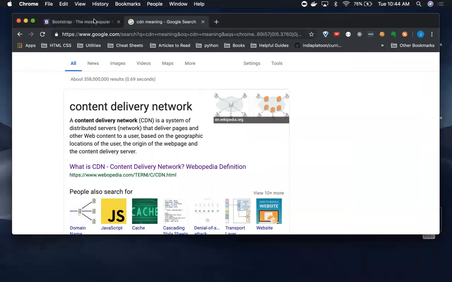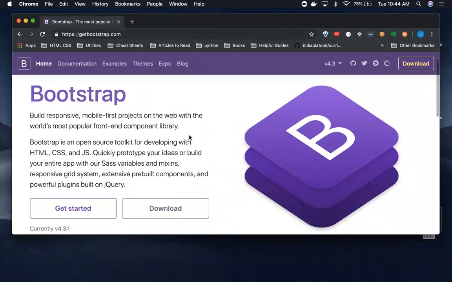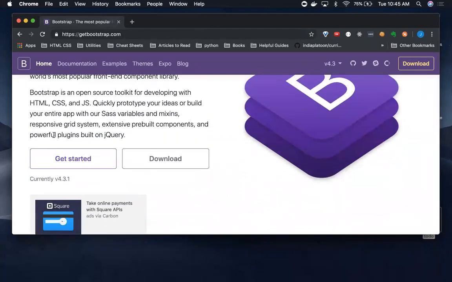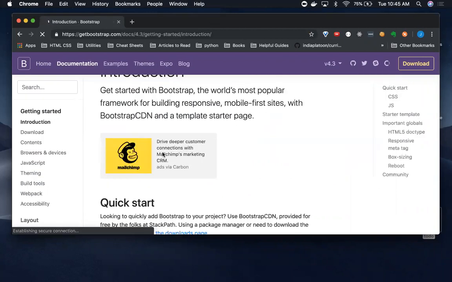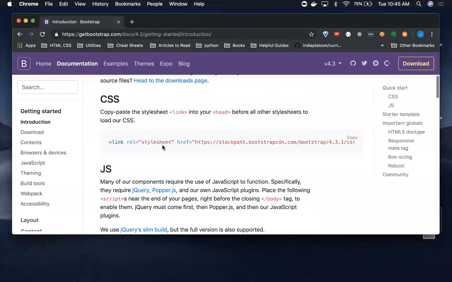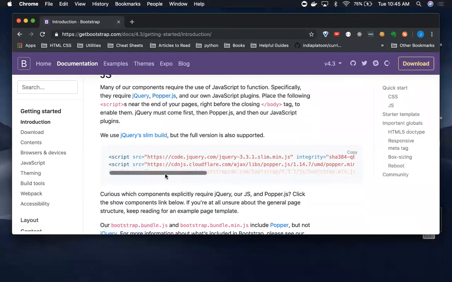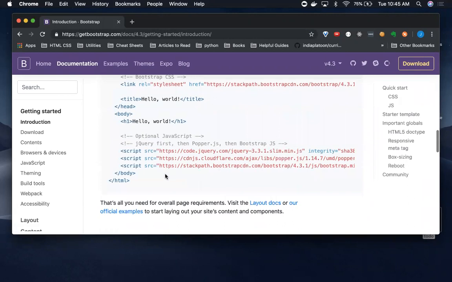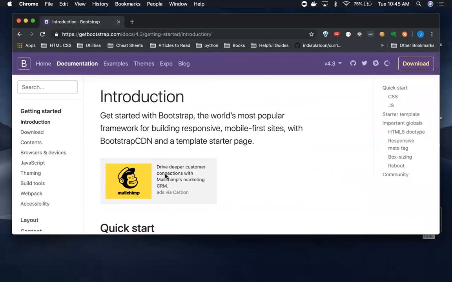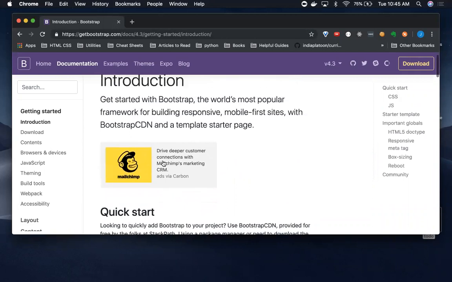If we go to Bootstrap, and this is how most of these things will work. If at the end of this lecture you get nothing else, you're not going to be an expert on Bootstrap, because that's not the point. The point of this is just, when I find a new thing that I want to use, a new library, how do I get up and running with it, right? And not feel intimidated or overwhelmed by it. Most things that I want to use will have good documentation. I can click on Get Started here, and it'll walk me through. Here's all the JavaScript links I would need. They give me a template and all that. I could download the whole thing, like I said, but we're just going to use Bootstrap CDN